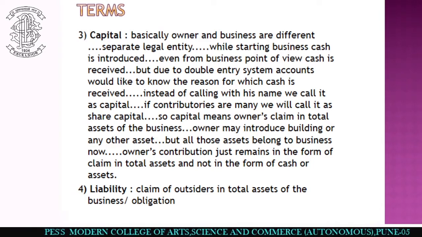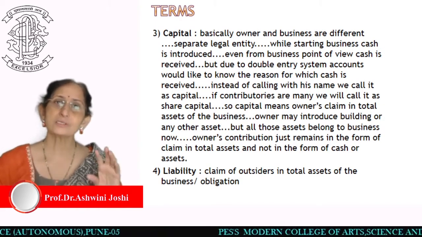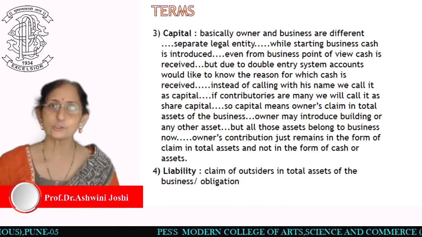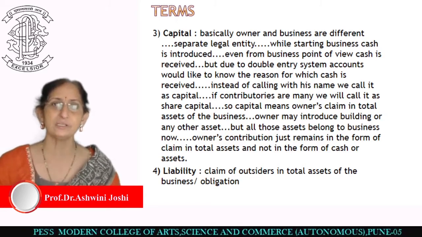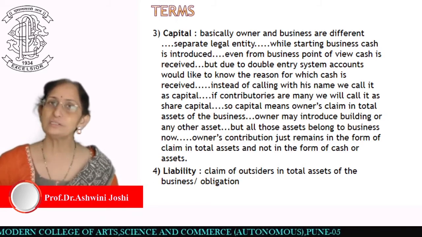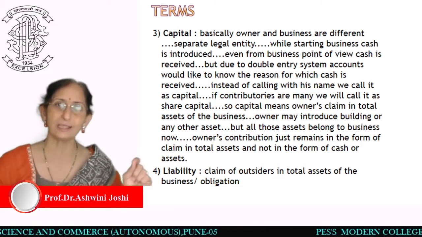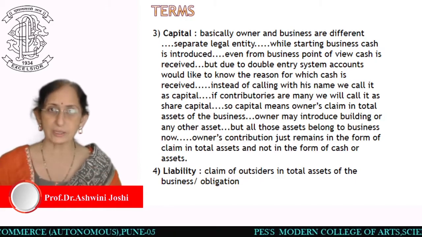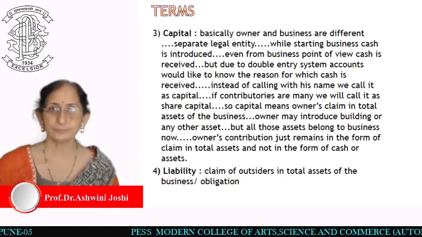Now we have covered this concept, which we call separate legal entity. In separate legal entity, we have said that business and businessman are two separate persons. When any businessman starts a business, he has to invest some amount in the business for starting it. Generally, if it is in the form of cash, what is received by the business? Cash is received by the business. The accountant will record that cash is received. But due to dual aspect concept, which should be the other account for which he has to pass the entry?